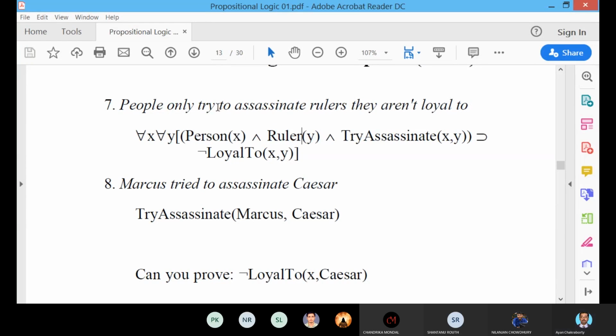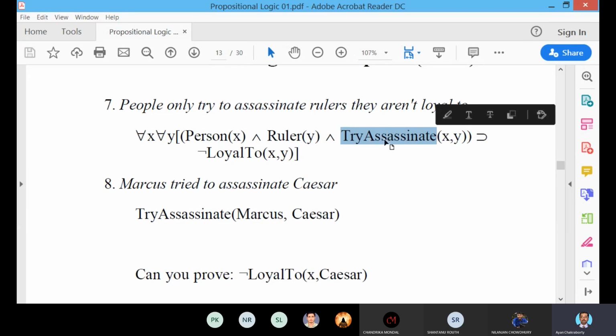Then try to assassinate X, Y. This is a function, try to assassinate.